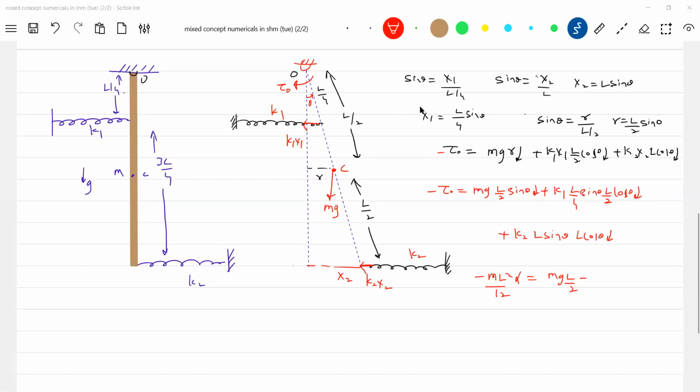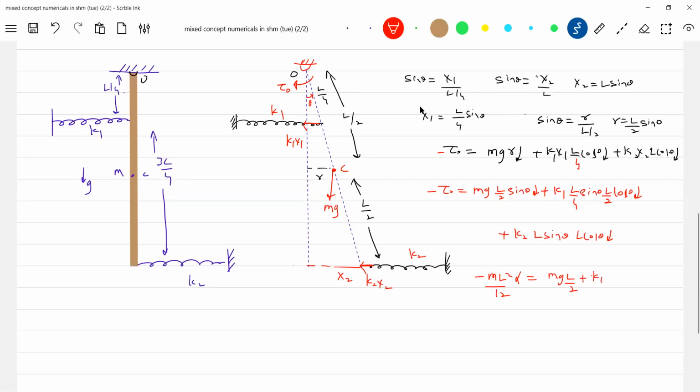What did I write? No, L by 4, m g. L by 4, I'll make it here. Correction. L by 4 cos theta. Here, no? Yeah, fine. The length is L by 4. Okay, fine. Mg L by 2